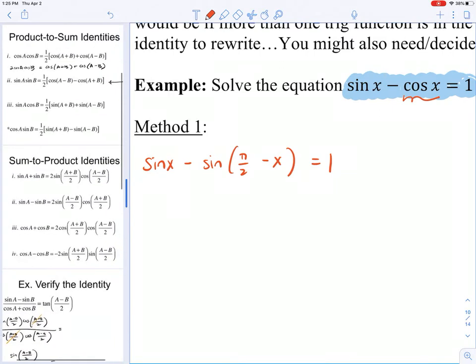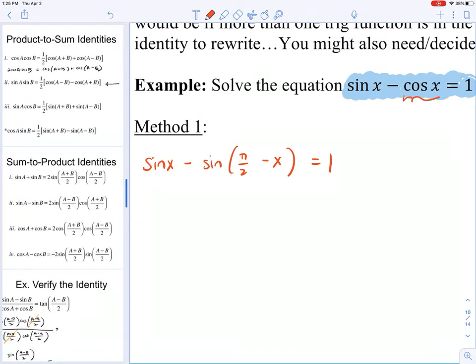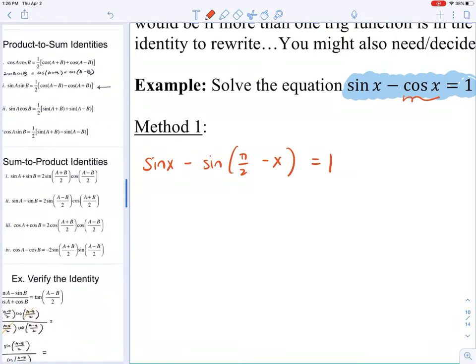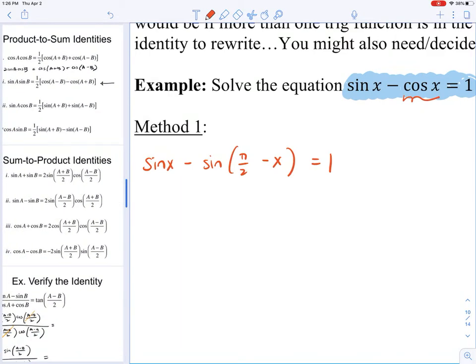So the reason that I have these identities pulled up from 6.4 on the left-hand side, these are, remember, the product to sum identities and the sum to product identities. I'm not going to require you to memorize them, but I am going to use the second identity here for the sum to product identity. So notice that we have sine minus sine. The second identity for the sum to product allows me to rewrite the left-hand side of the equation here